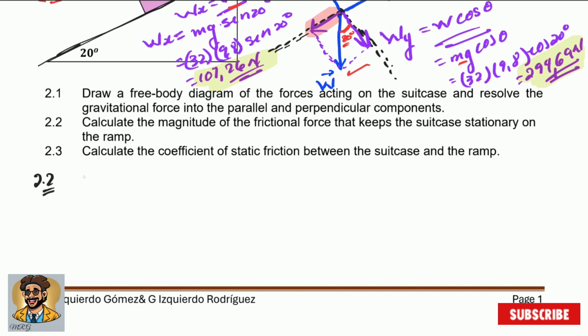We can say that the net force, and we're going to learn about this one a lot later on, net force is equal to 0 in the x-axis. The object is not moving in the x-axis. Remember that one. So all we have to say is that the frictional force is equal to the weight in the x-axis, all right, and that is equal to